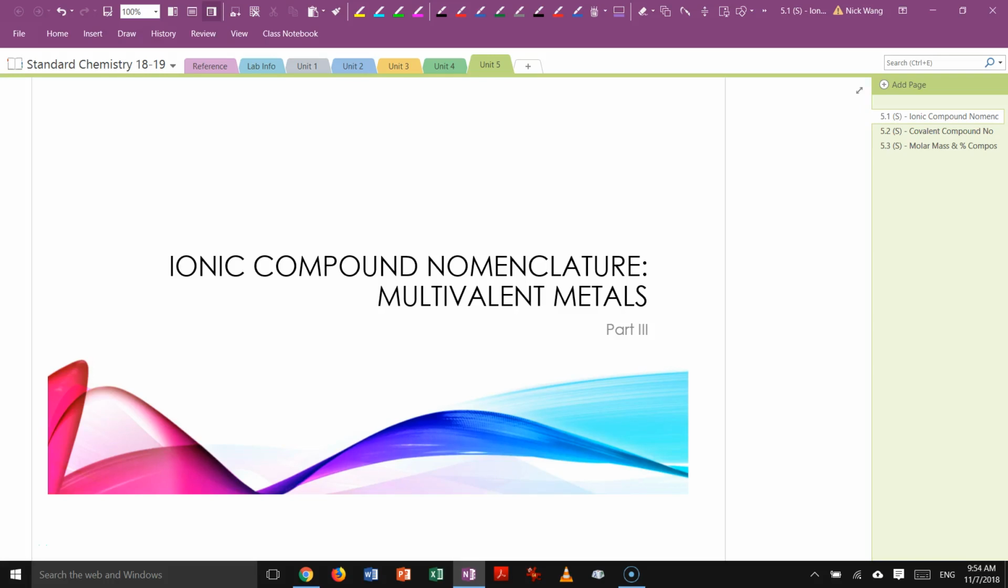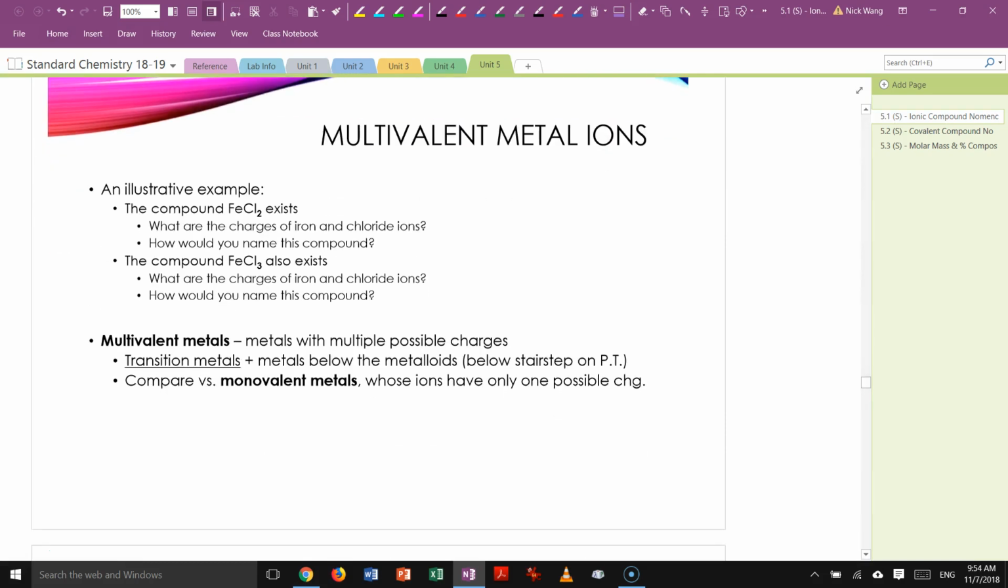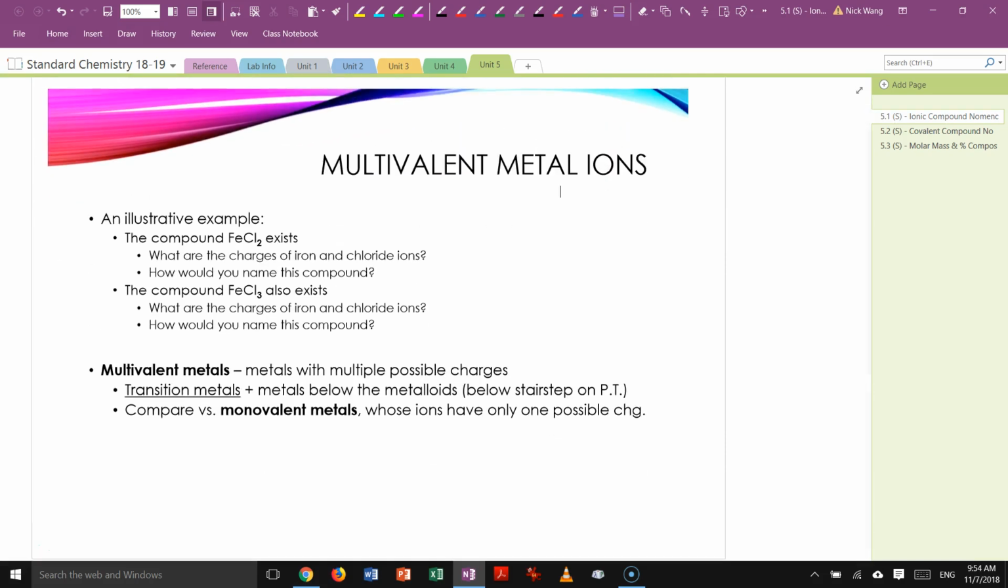So now that we have a foundation for how ionic compounds work, knowing how to interpret them, being able to name them and provide formulas, we need to specify something about a large group of elements we've been leaving out of the conversation. And that's what we call multivalent metals here. One of the first things we want to do to illustrate this is by using this example of